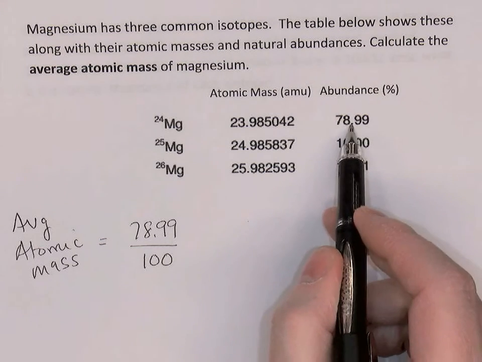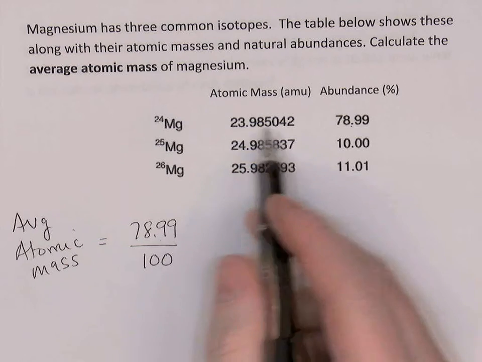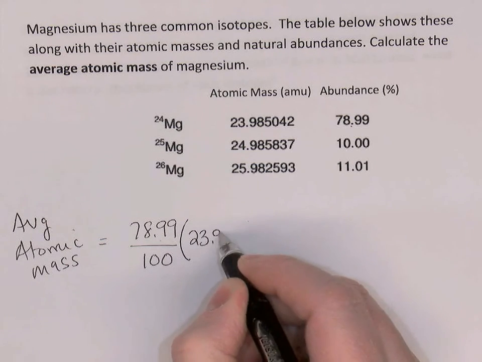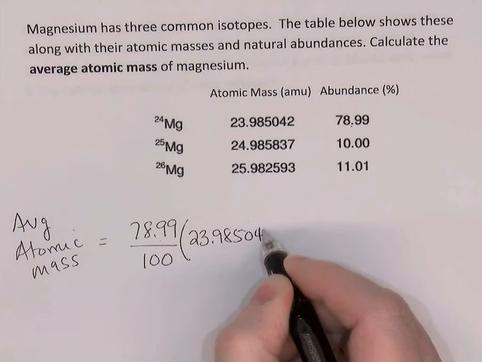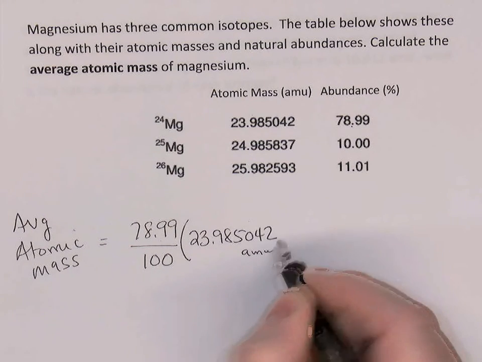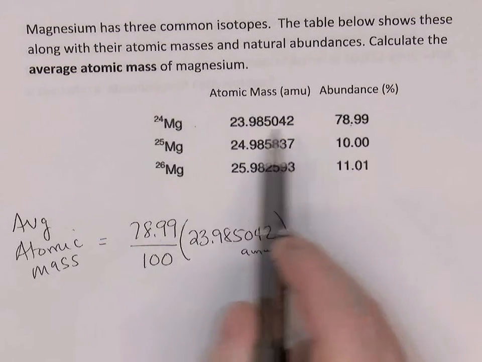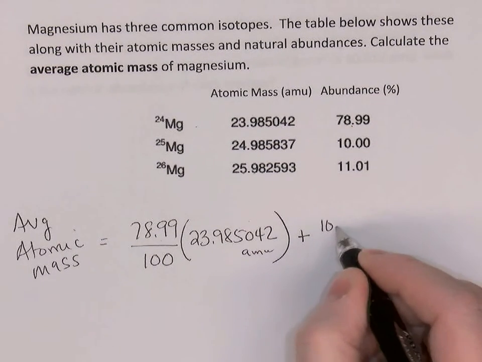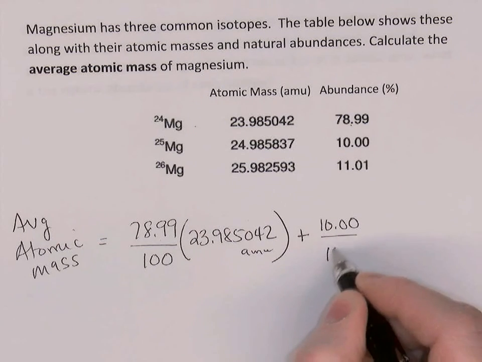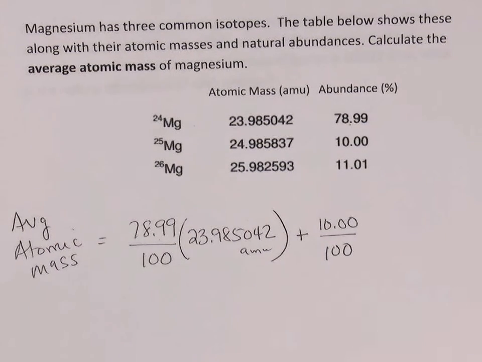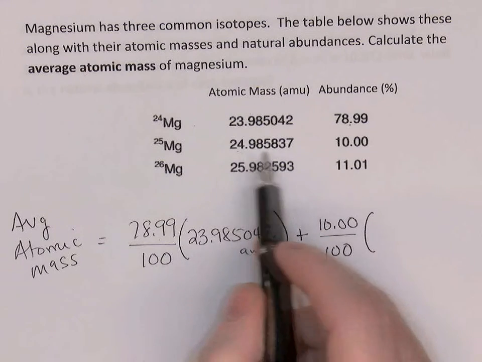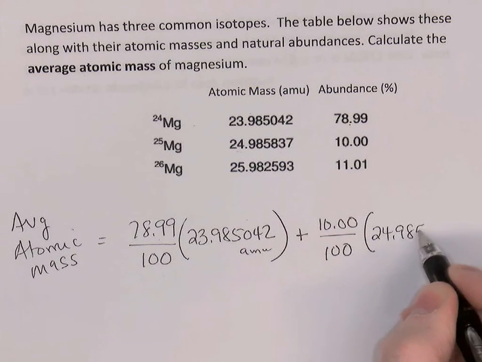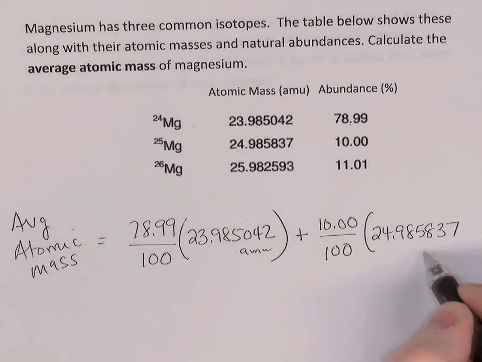So take the abundance, convert it back to a decimal, and then multiply that by its mass, so 23.985042 AMUs. Okay, so that's the first isotope done. Plus weighted average, so 10.00% converted back to a decimal over 100, times its atomic mass, so the second isotope, 24.985837 AMUs,